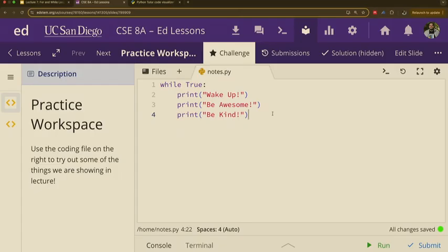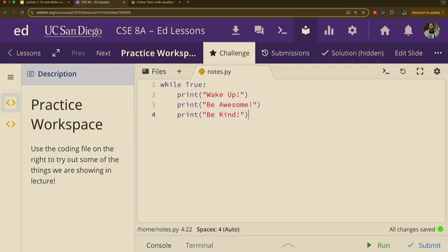Here, we have while true. You cannot update this true because this is not a variable. That is a straight up Boolean. So this is while true, which means this will never stop. Ever. Okay? At all. Does that make sense?